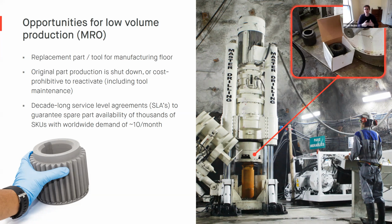So you're seeing lots of these low volume applications for replacement parts or tooling for the manufacturing floor. Maybe the original part production has since shut down or was cost prohibitive to reactivate. And then you see a lot of these decade-long service agreements. For example, maybe I buy a backhoe or some piece of construction equipment that comes with a lifetime warranty, and I have some weird, strange part of the brake that unfortunately needs to be replaced. I go to my OEM, and they haven't made that part in years. Rather than having to find someone to make it or find a casting house to make it, they can simply load the file up onto the printer, and in a couple of days they're ready to ship it out to the end use